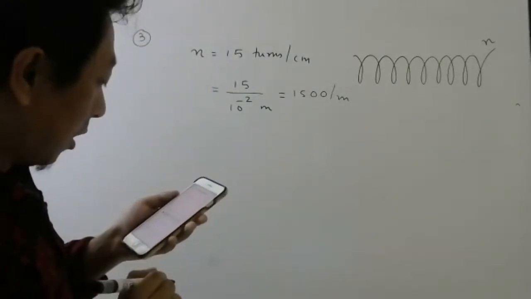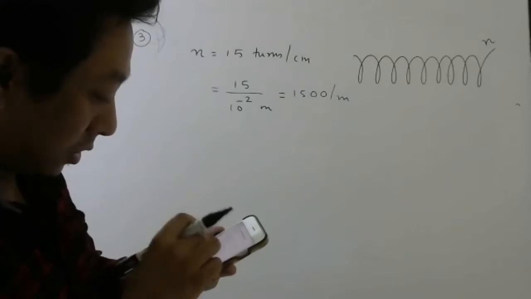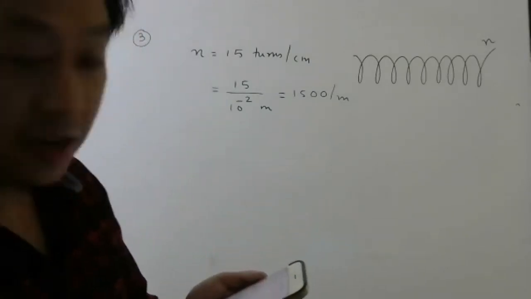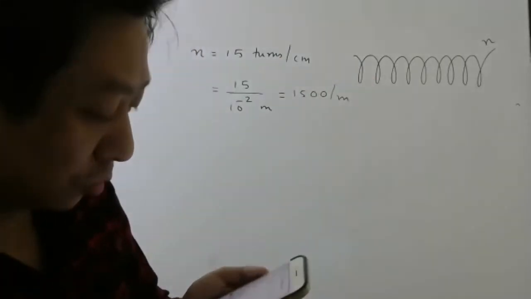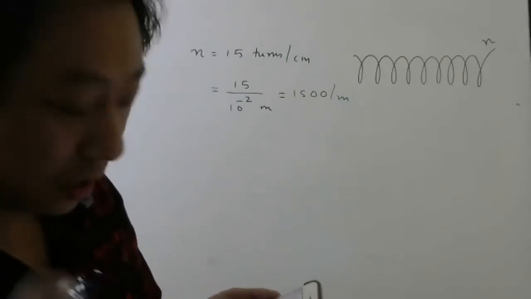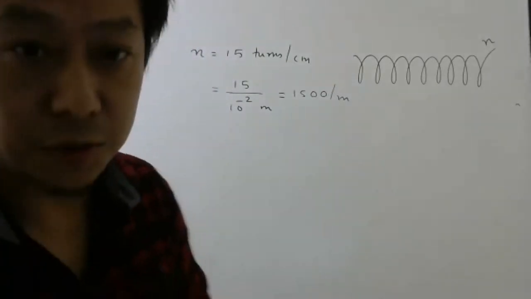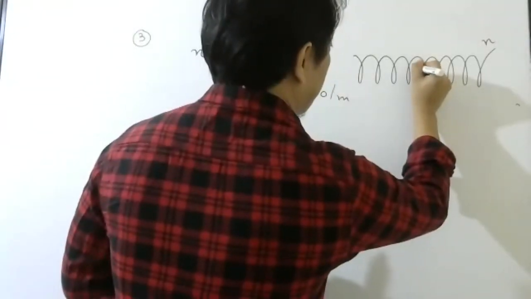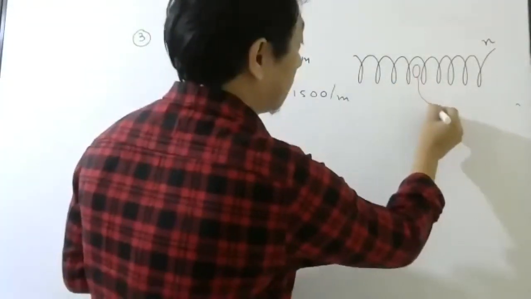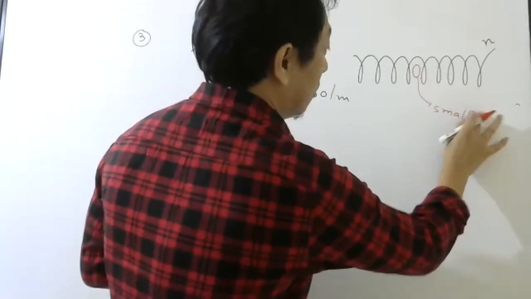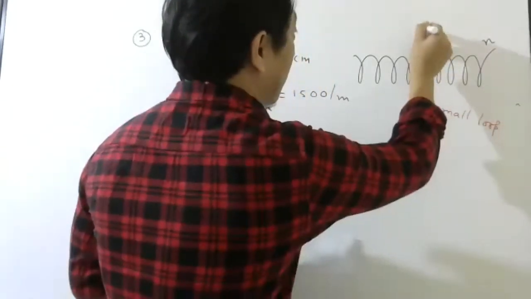Has a small loop of area. Oh, area is 2 centimeter cannot be the correct data. Area cannot be 2 centimeter, right? It should be 2 centimeter square. So this solenoid has a small loop of area 2 centimeter square, you write, placed inside the solenoid. So that is a separate area. So let us try to draw in a different way. So here, let me do like this. Okay. So this is a small loop. Small loop. And area of this loop, let me write as A.